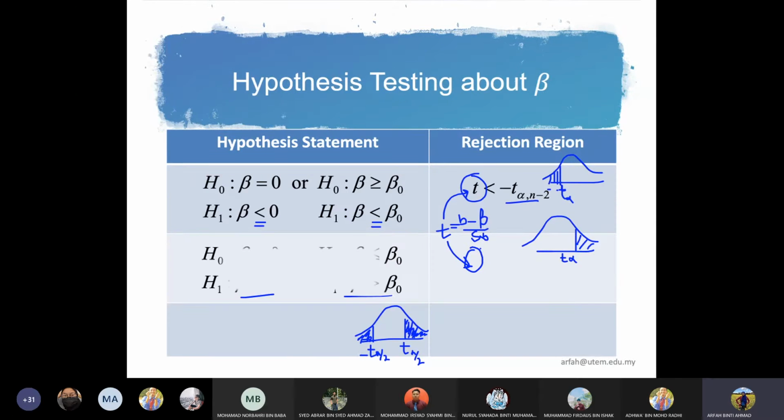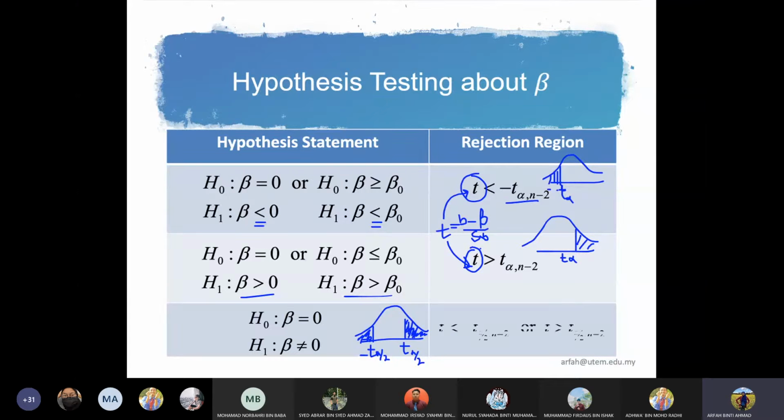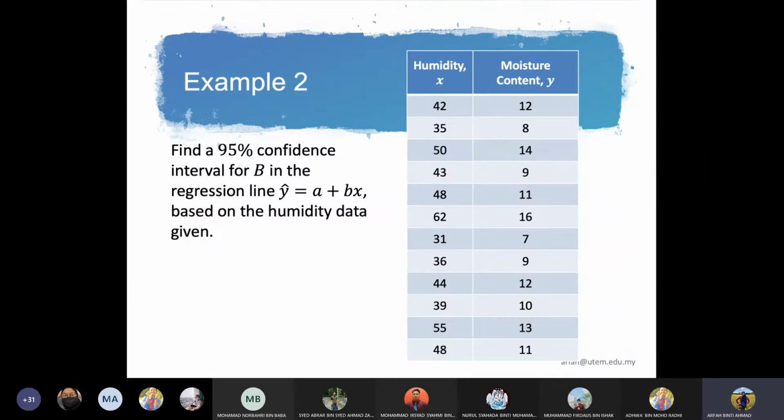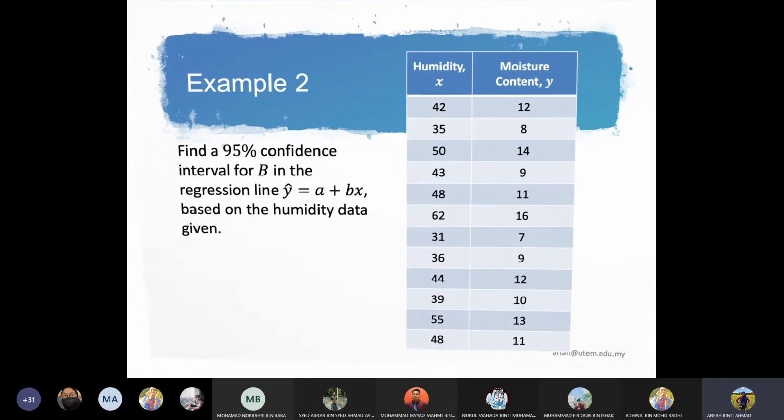Okay, example 2. So example 2 ni daripada example 1 yang hari tu kita try. Data on humidity and moisture content. So soalan dia, find a 95% confidence interval. Okay. So dalam soalan ni sebenarnya first thing first, dapatkan y hat sama dengan A tambah BX. Then step kedua, dapatkan dia punya confidence interval. Confidence interval menggunakan formula B tambah tolak. By using the formula of B